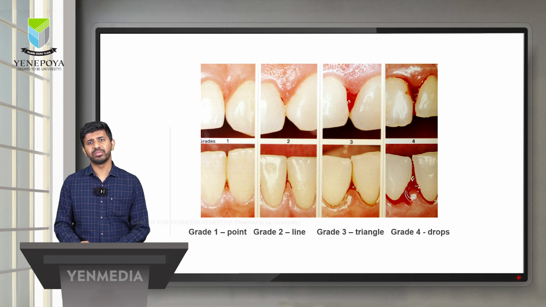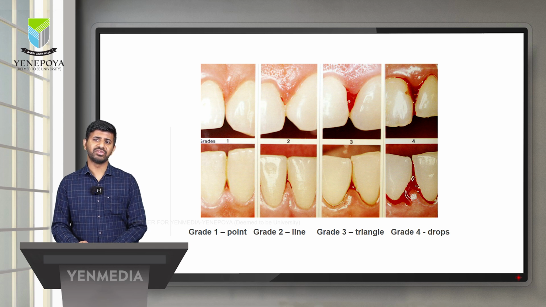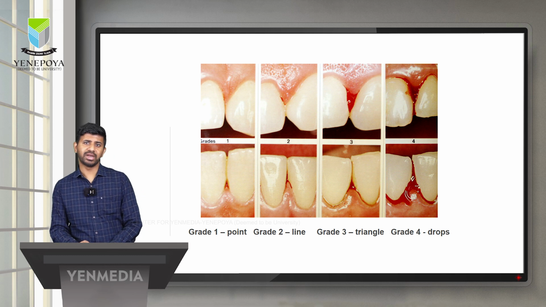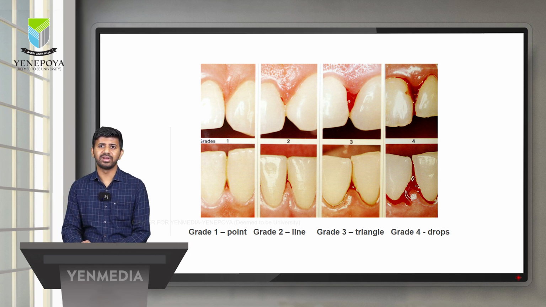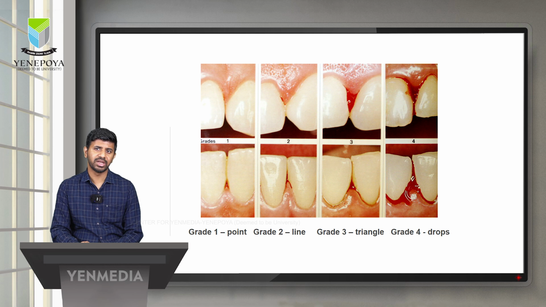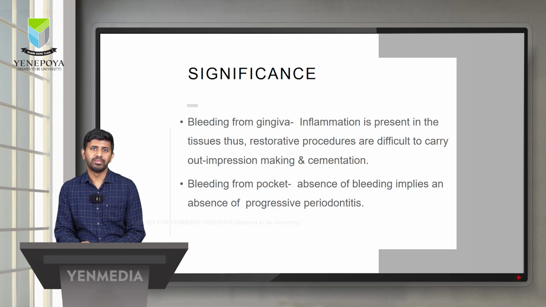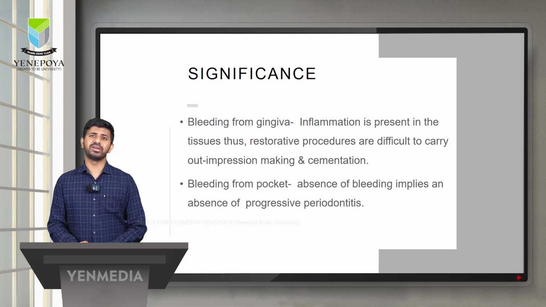And if there is a drop happening or the fluid is getting more exaggerated, that's referred to as grade 4 bleeding. Grades 1, 2 and 3 we can still manage, but grade 4 needs a bit more periodontal intervention. Bleeding is referred to as inflammation present in the tissues, thus the restorative procedures are